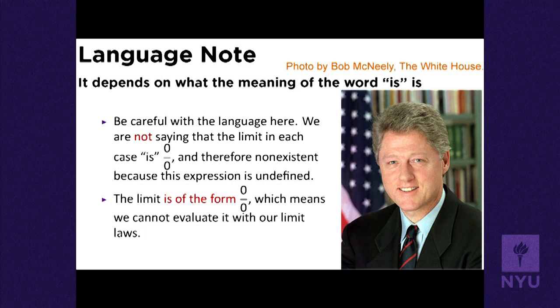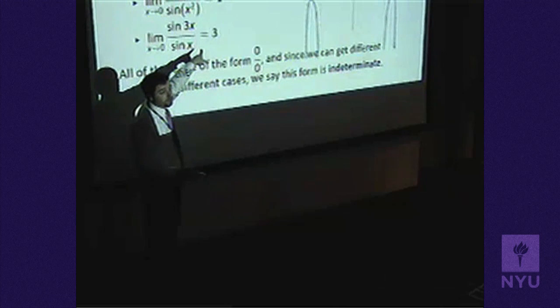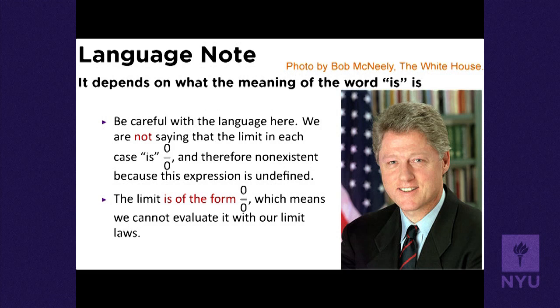Now, what we're not saying is that these limits don't exist. Sometimes students will look at, say, this quotient here and say, oh, 0 over 0, that's not defined, so this limit does not exist. But that's not true. We know the limit is 3. So when we say 0 over 0 is not defined, what that's telling us is that the limit is indeterminate. And indeterminate does not mean undeterminable. It means not yet determined. So we say it is 0 over 0, but 0 over 0 isn't really anything that it can be equal to. So we're playing a little game with the word is, which is why I put, you know